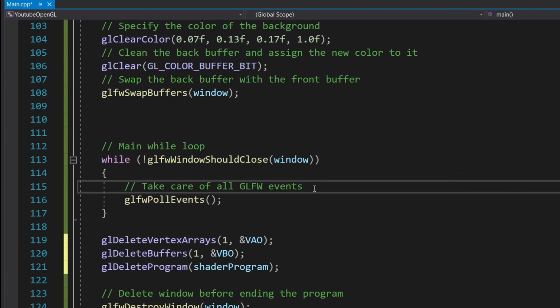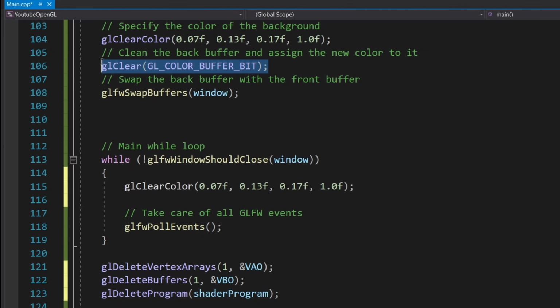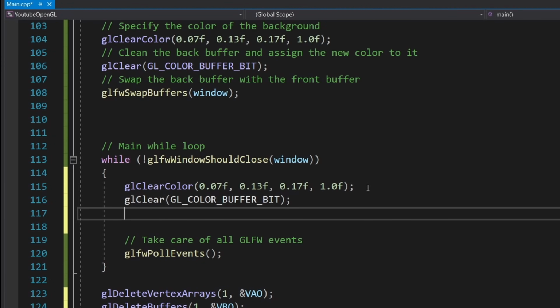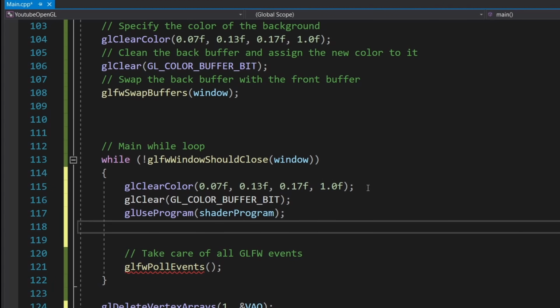First, copy and paste the glClearColor and glClear functions into the while loop. Now let's activate the shader program we've created like 1,000 years ago. And now let's bind the VAO so that we're telling OpenGL that we want to use this one. It's not really necessary to do this because we only have one object and one VAO, but it's good to